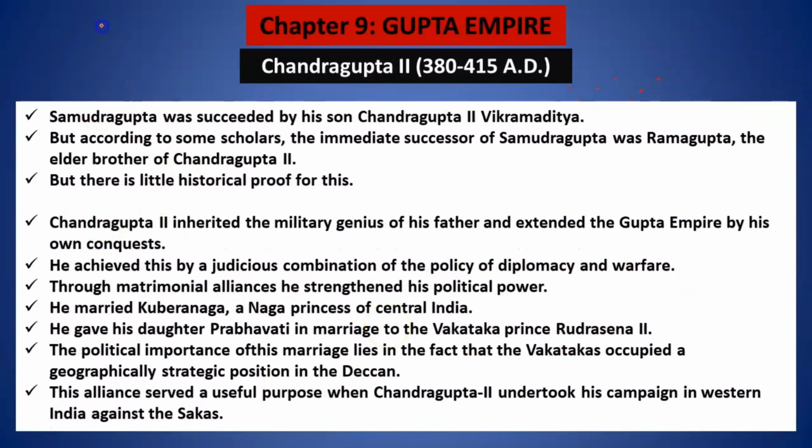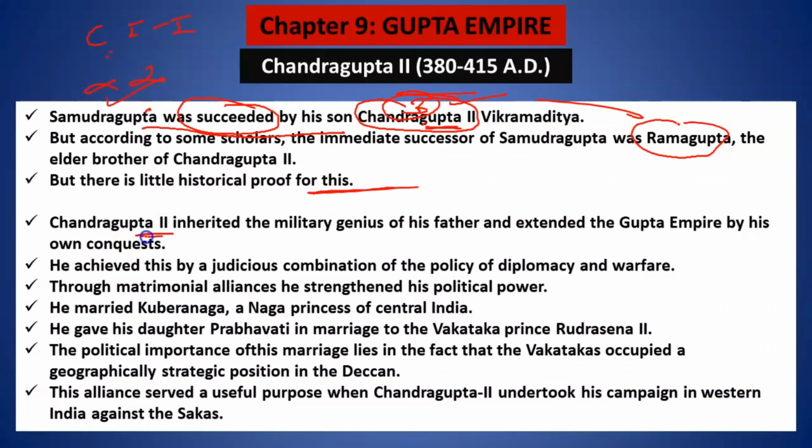Now, we studied about Chandragupta I, then about Samudragupta, and then after Samudragupta came Chandragupta II. Samudragupta was succeeded. Many students do not understand this term. Some students start feeling that Chandragupta II came first and after that came Samudragupta. No. First Chandragupta I, then Samudragupta, and third Chandragupta II. There's a debate going on: some people believe that Chandragupta II had an elder brother named Ramagupta, they both fought and then Chandragupta II ruled. Anyways, that is not very important because there's not much historical proof with us.